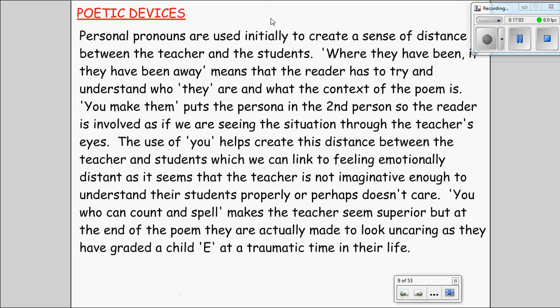Talking about poetic devices in this paragraph. So again, you choose a device that you want to talk about. You could have chosen to talk about something different, perhaps the questions, and I might want to do that as well, perhaps if that's something that I want to do. But this one is focusing on the personal pronouns and why they're being used. You notice that all the way through there's lots and lots of quotations being added in, embedded into that answer. So again, if you want to pause and read it through.